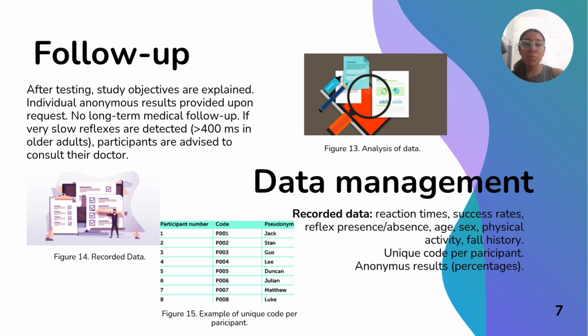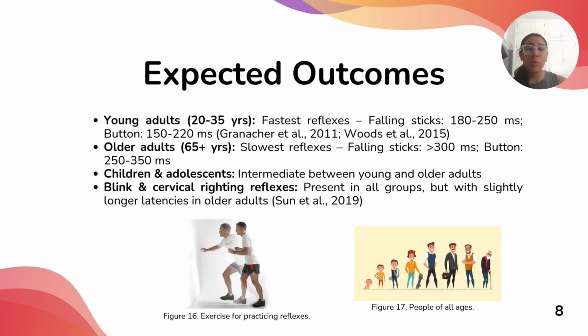And about data management, the recorded data is going to be reaction time, success rates, age, sex, physical activity, etc. Also, the participants are going to have a special code and the data storage is going to be accessible only to researchers. In this project, what we expect to find is that young adults have the fastest reflexes, then older adults slower reflexes, and children and adolescents intermediate between young and older adult results. This matters because it helps to identify which reflexes decline most with age and supports fall prevention through early